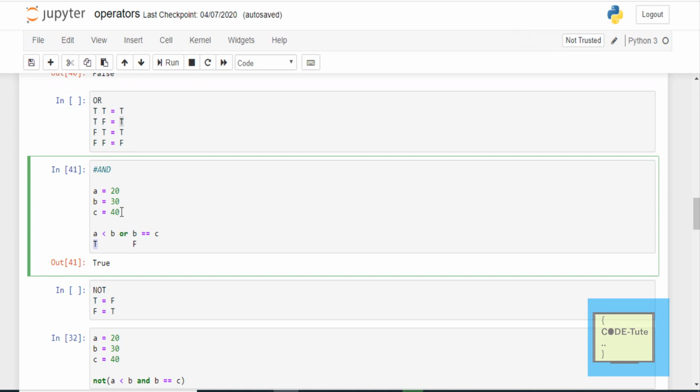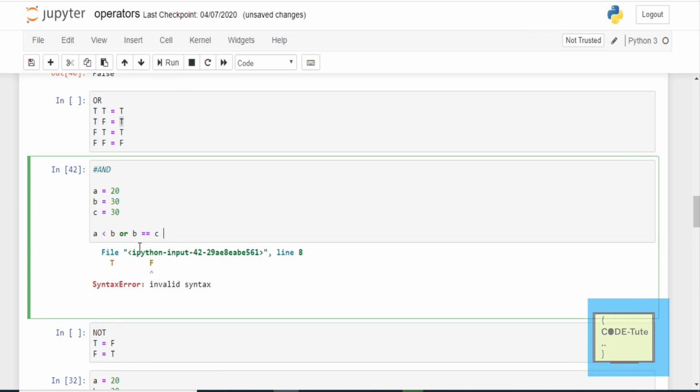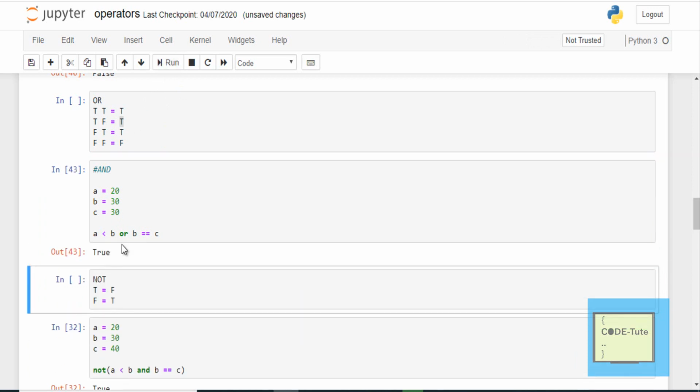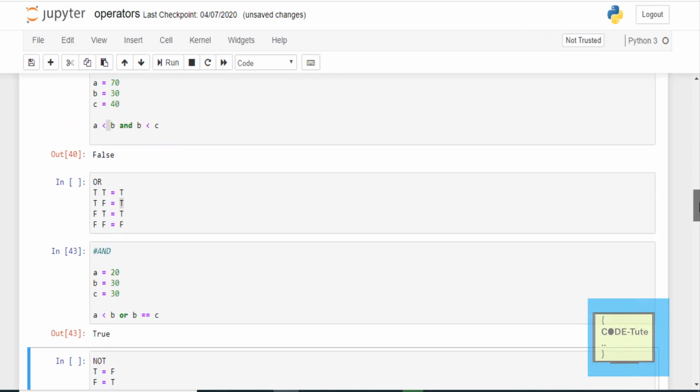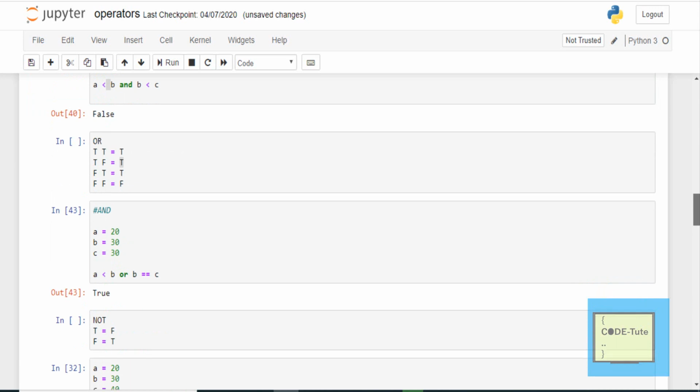Now let's change the statement. Keep it 30, and again we will get true, because if any one of the statements is true, the output is true. So this is the difference. You have to remember this AND and OR table. It's very simple. The AND table suggests that both the statements should be true for the final output to be true, and the OR table suggests that if any one of the statements is true, then the final output is also true. In this way this truth table works on compound statements.